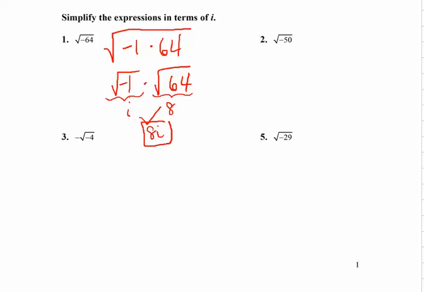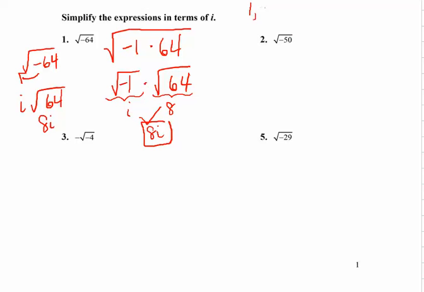Now it's not necessary to always show these steps, because you can simply pull out an i, since we see that negative, and then the square root of 64 is 8, so we have 8i. So on question 2, 50 is not a perfect square number, so let's look at our list